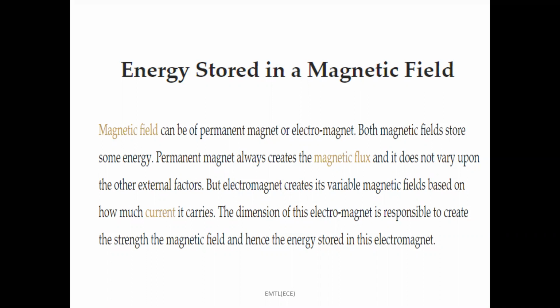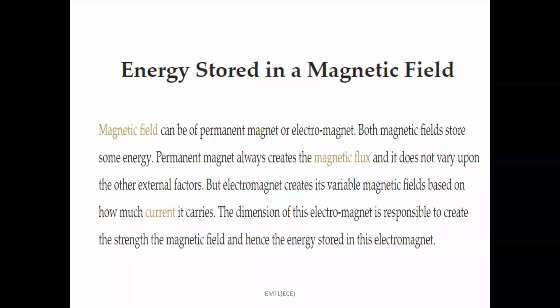That's why in the first two chapters, in electrostatics, we discussed that the expression for the energy stored in an electric field is half CV square. We also discussed different types of capacitors, parallel plate capacitor, spherical capacitor, and the energy stored in the capacitor and the energy density. Like the same concept, here we discuss the magnetic field. Now let us discuss briefly the energy stored in a magnetic field.